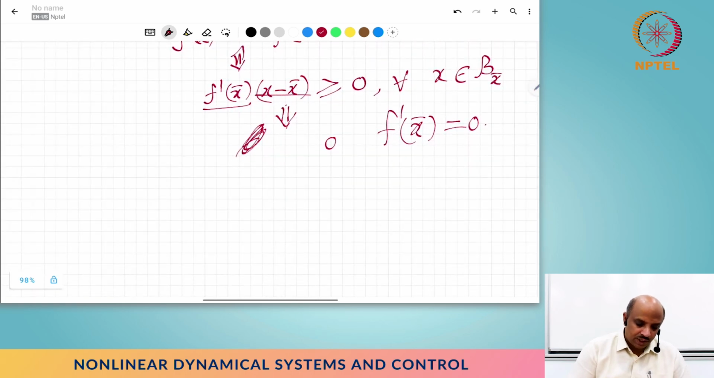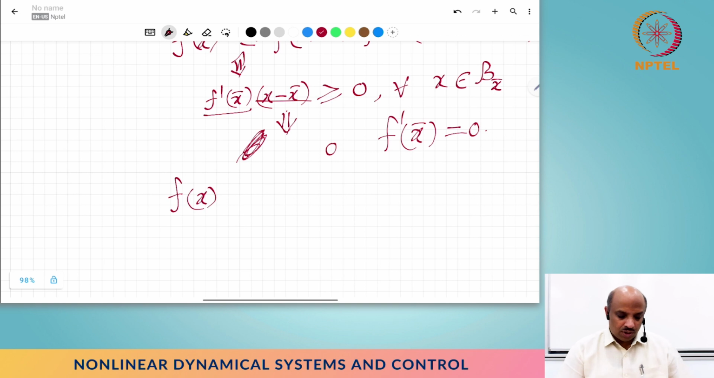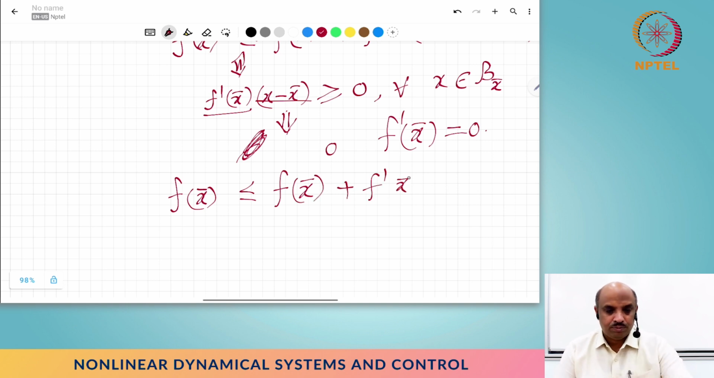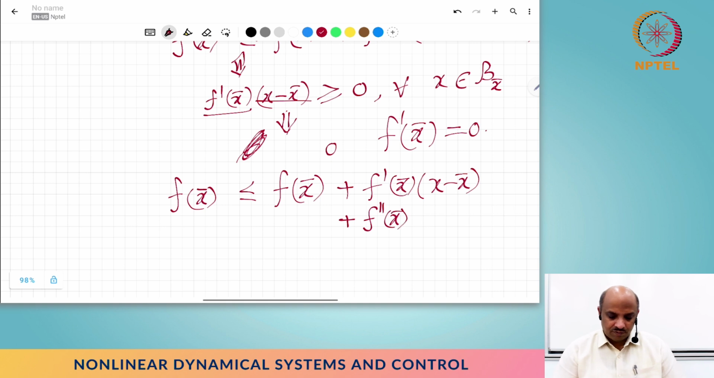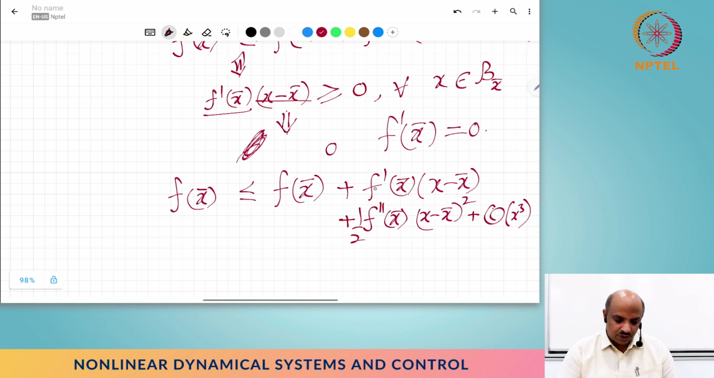So again, f of x bar is less than or equal to f of x bar plus f prime of x bar times (x minus x bar), and then I'm going to go slightly higher and take the second derivative, half times (x minus x bar) squared. This is the Taylor series expansion, I hope you're familiar. And then higher order terms, x cube, let me say. But we know that this is 0, and then this and this cancel. So this implies